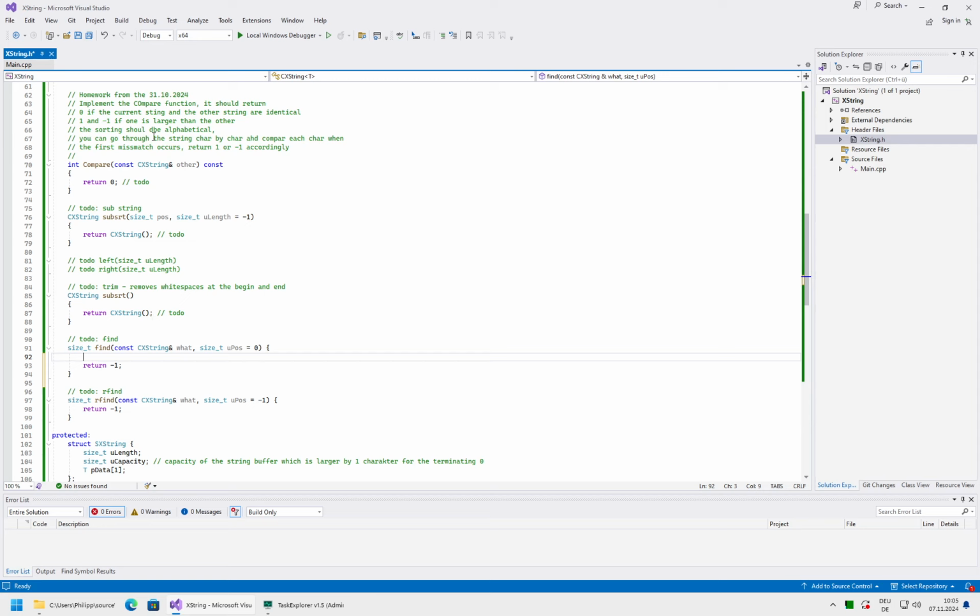So to quickly summarize, the idea is that we have a certain string inside our current object, and then we provide a much shorter, or generally just shorter, string, and we want to find the offset where this string starts. We're looking inside this for the argument, and we want to also be able to specify a starting position, so that if we would have, let's say, a string which always contains, for example, double point space and then some value, then another double space value.